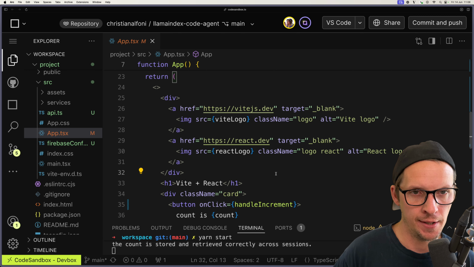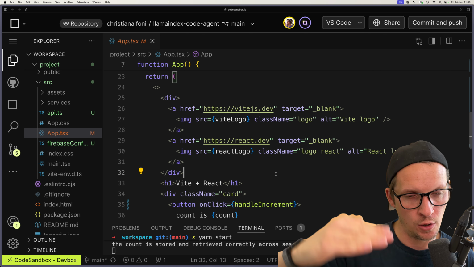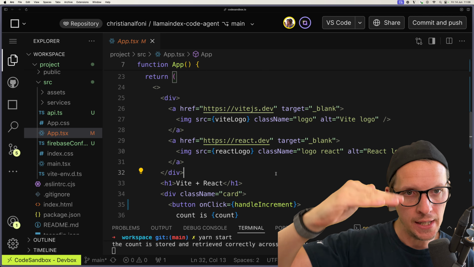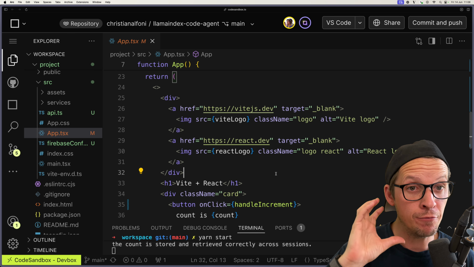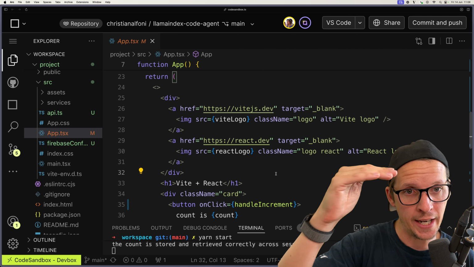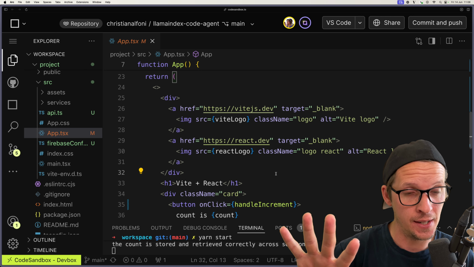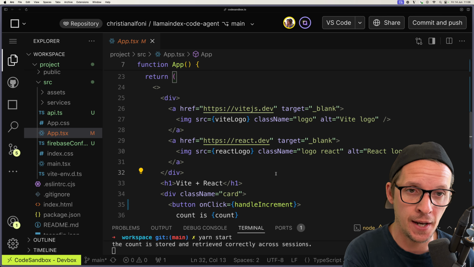While when you have retrieval, you can just read the retrieved context